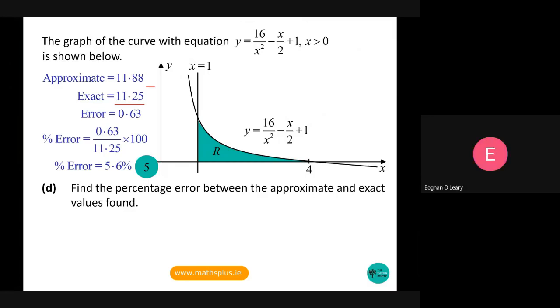Okay, so that brings us to the end of this question, and we found that students felt, I think, they did relatively well in this one. Okay, so that brings us on to question